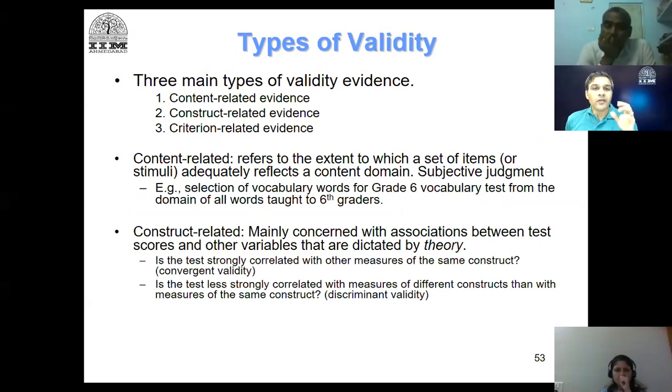So now I have explored the factor structure. I now take a new sample, and there I will do the confirmatory analysis, and I will also test the relationships between that construct and another construct that is dictated by theory.